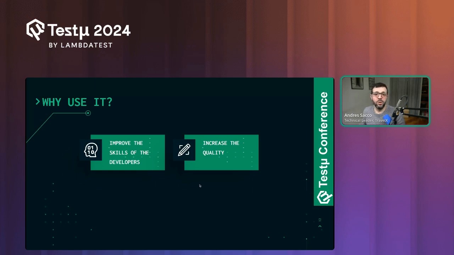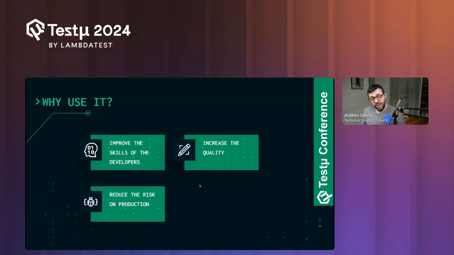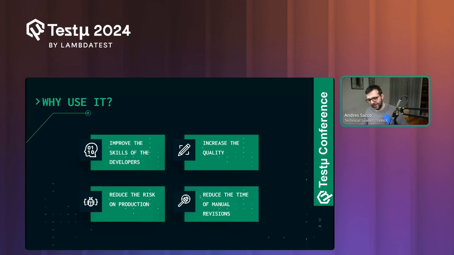And in the case that we modify something, the test will fail. It reduces the risk that we deploy something to production and the exceptions appear. And this is important because it reduces the time spent on manual revisions. Imagine that someone in your company needs to check if all the tests are okay and validate all the possible conditions